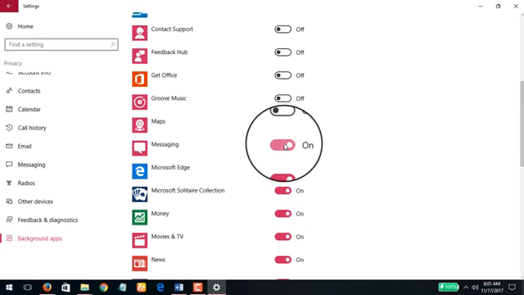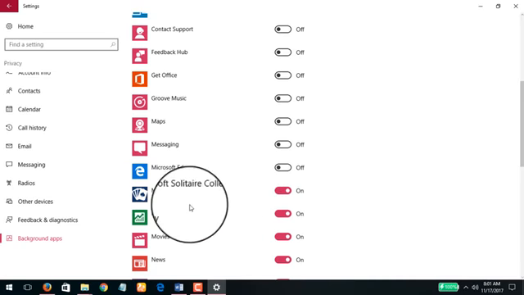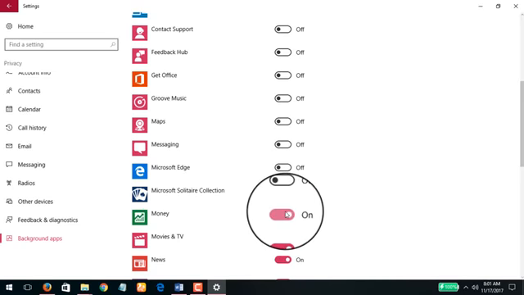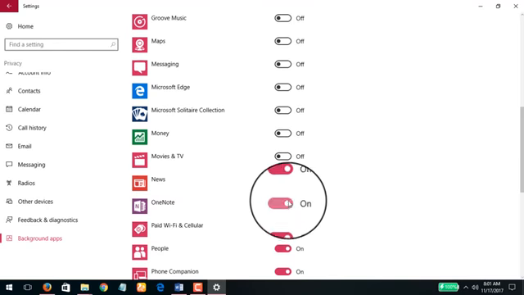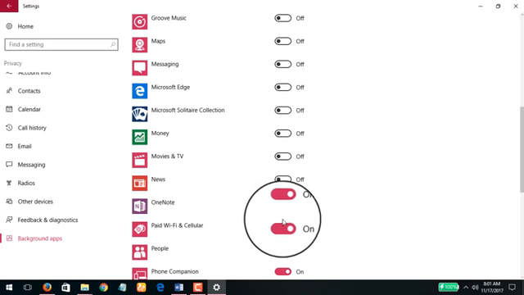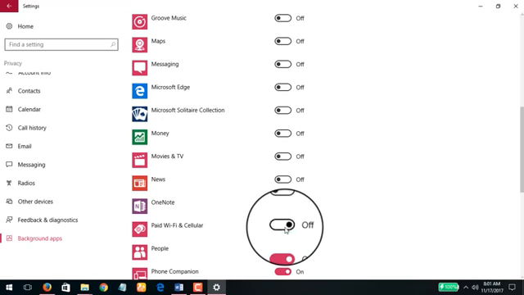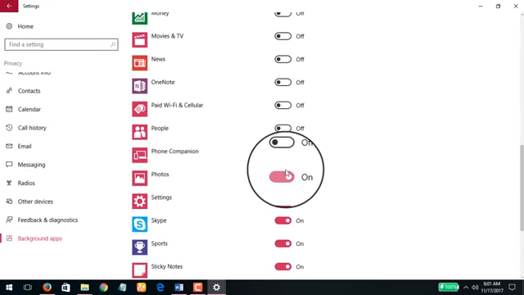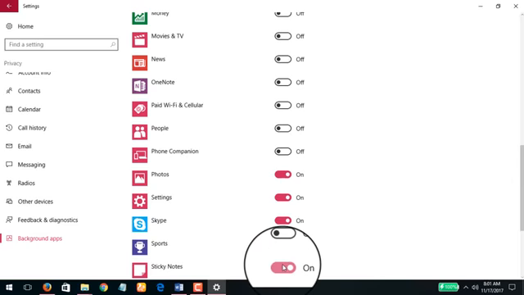maybe off, Messaging off, Microsoft Edge off, Microsoft Solitaire off, Money, like you saw there in the lifetime when I showed before, off. Movies & TV off, News off, OneNote off, Paid Wi-Fi and Cellular off, People off, Phone Companion off, Skype should be on, Sports off, Sticky Notes